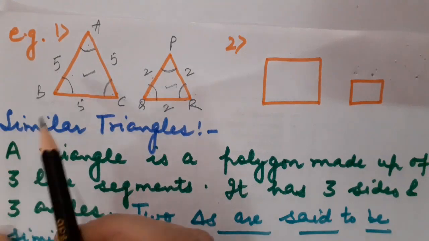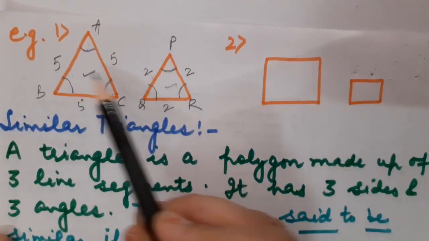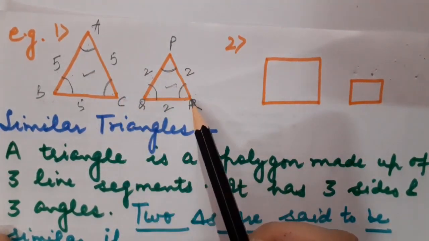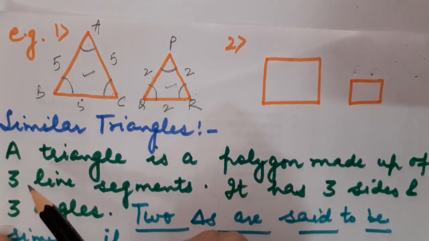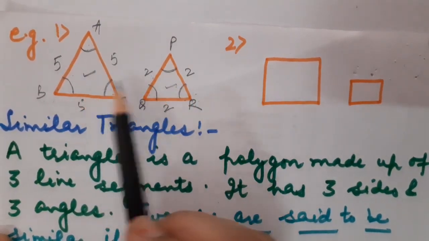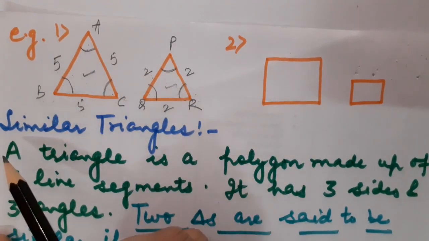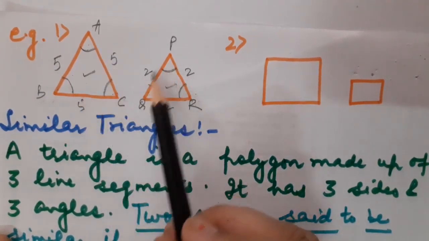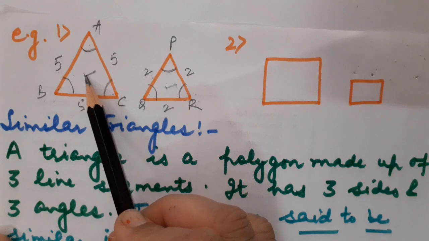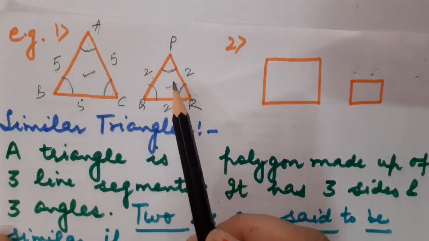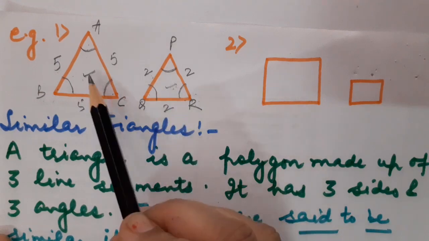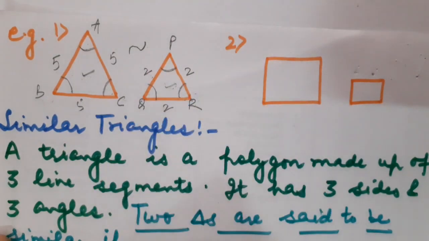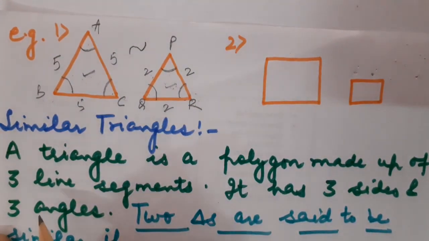So let us talk about the ratio first of all. AB upon PQ is 5 upon 2. BC upon QR is also 5 upon 2. And AC upon PR is also 5 upon 2. So one condition is satisfied, that the ratio of their corresponding sides are equal. And let us talk about the second condition. I know that both are equilateral triangles, so each and every angle will be 60 degrees. As all the three angles of the first triangle are equal to the corresponding angles of the second triangle, we can say that both of them are similar to each other. And this is the sign of similarity. Correct, children? But in congruency, what was the condition?